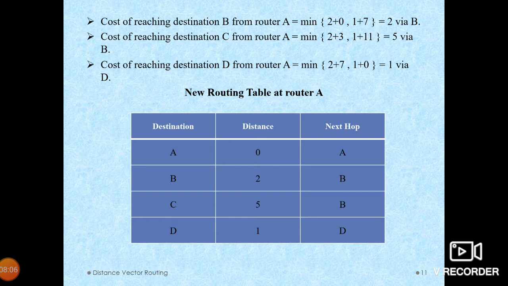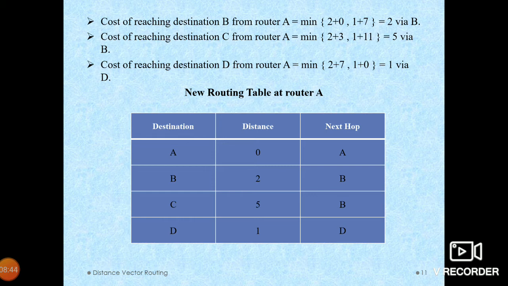And similarly, we want to find out the routes to the destinations C and D. First we can see D, which has a direct link. So here A to D is 1. And if we want to reach D, it is also possible to go through B, that is 2 plus 7. So we get the result of 1 as the minimum, so moving from A to D is 1.